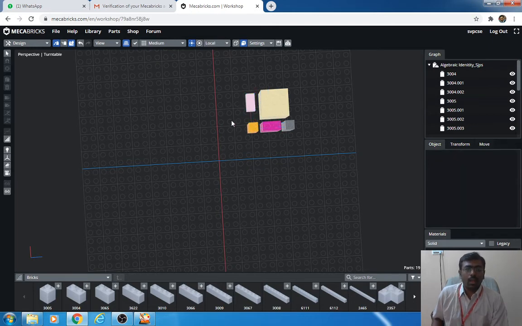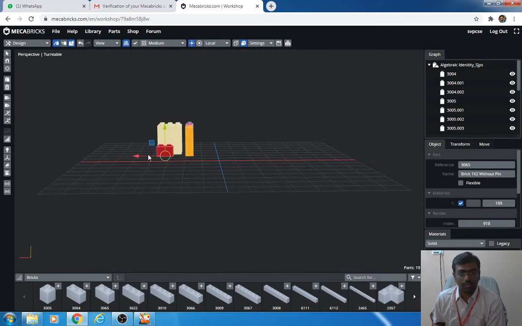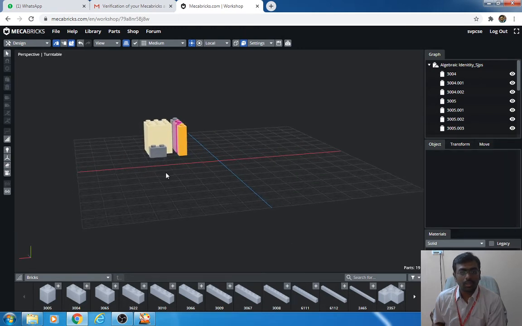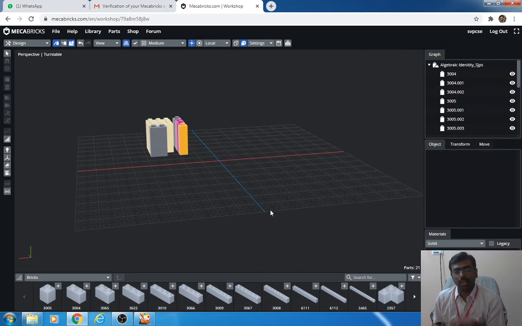Now this is b square, so now I have to make a. You can choose any alternative color, or here you can use the gray color for a better understanding. Since we have used the gray color as the option, you can use the gray color. Here you can again clone it and construct this. Again clone it. This is what you will have as b. After this, now you have to make the 3 times of a.